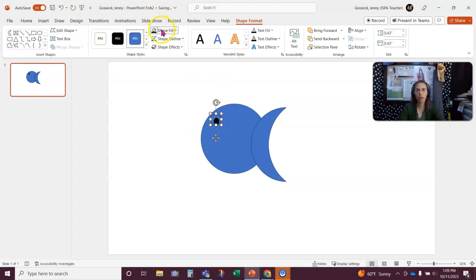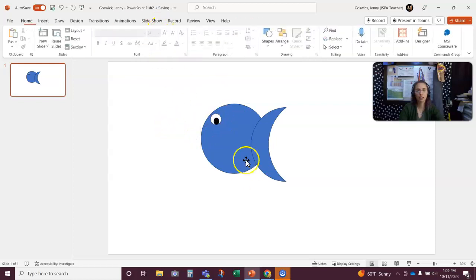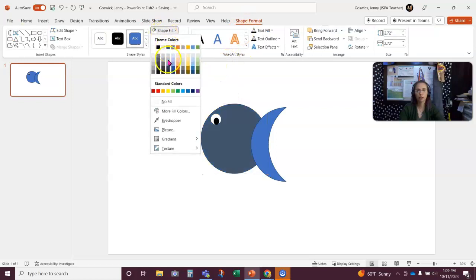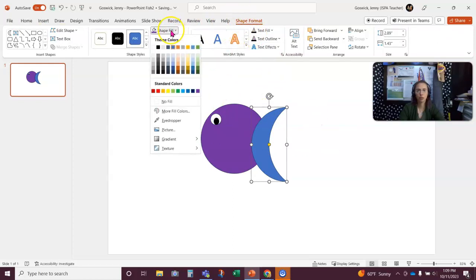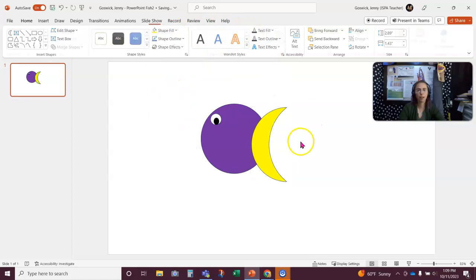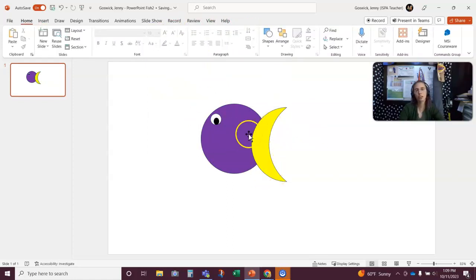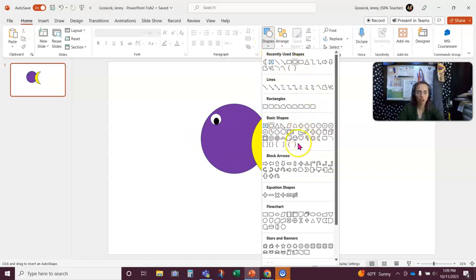Maybe I'll put a white behind that, and maybe the body of my fish will be purple, and maybe his tail will be yellow. Purple and yellow are complementary, so they look good together and they'll make each other stand out. So I've got to continue to design. Once you're done designing, you should have 3 fish that you are ready to move on to the next part